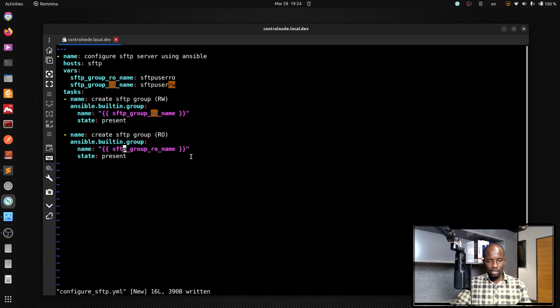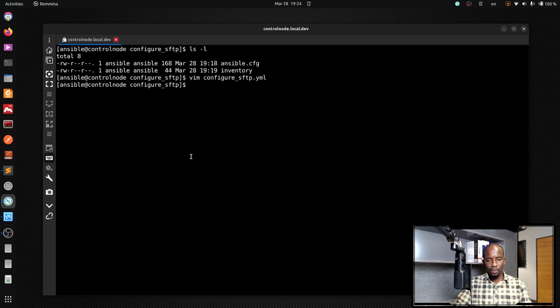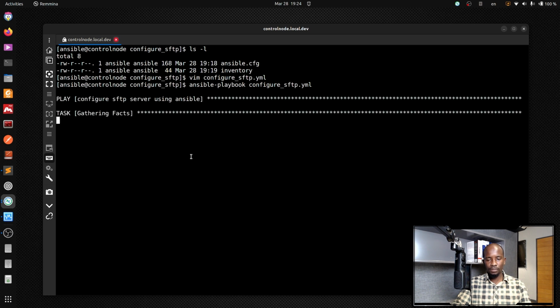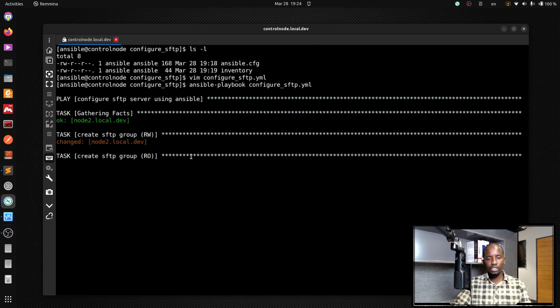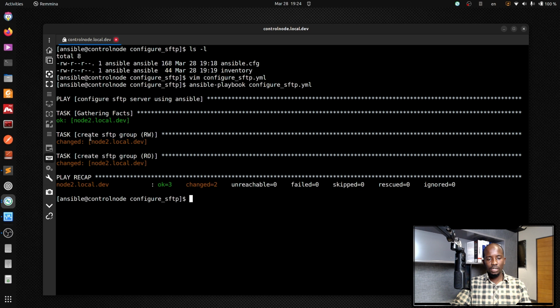So after that, the next step, I'll just execute this playbook to see if it creates those groups correctly. So I'll do ansible-playbook configure SFTP. As I've already tested the connection to my managed node, I'm sure that it will succeed. As you can see here, the two groups have been created, and I can use the ad hoc command Ansible